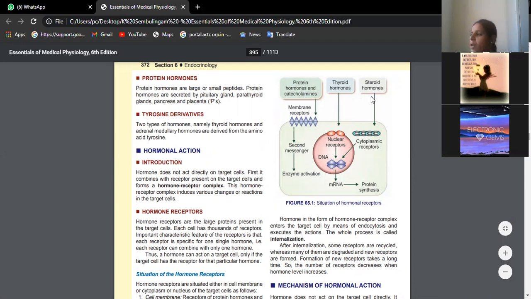Okay, and do you remember corticosteroids coming from the adrenal cortex? Those are also steroid hormones. They will have receptors. That means the single picture will help us to understand the mode of action based on where the receptors are present. Okay, so now let's go back to page 415.